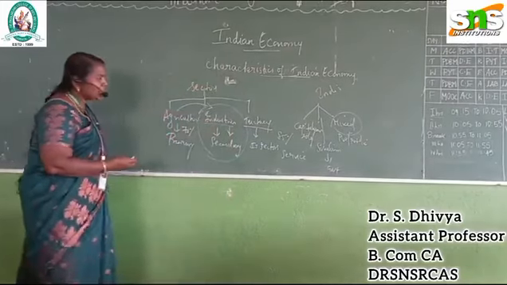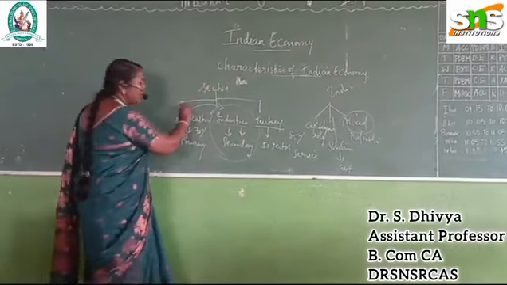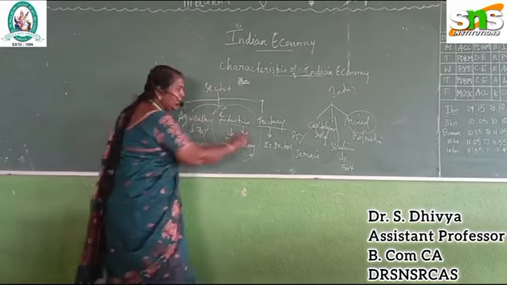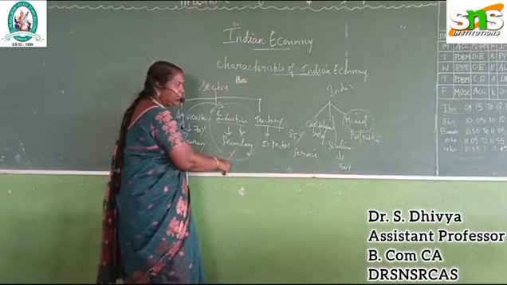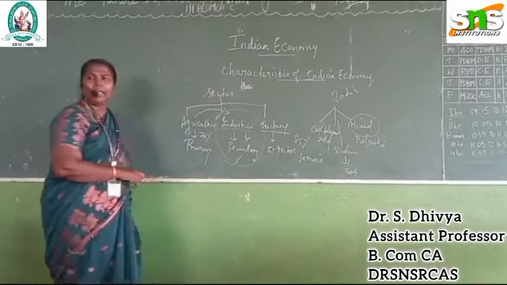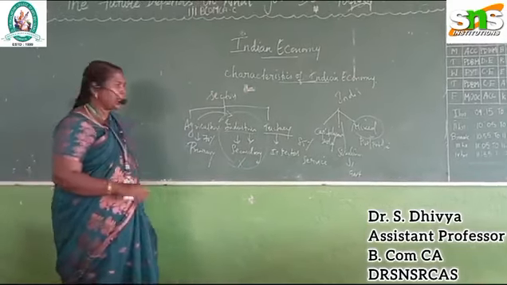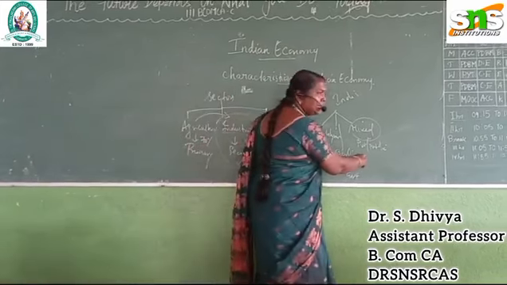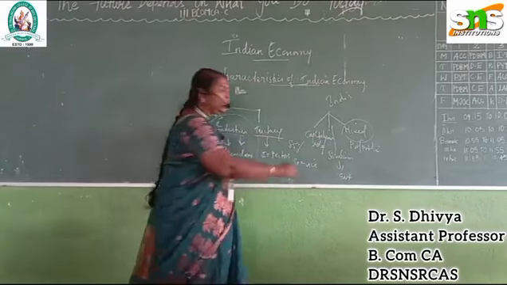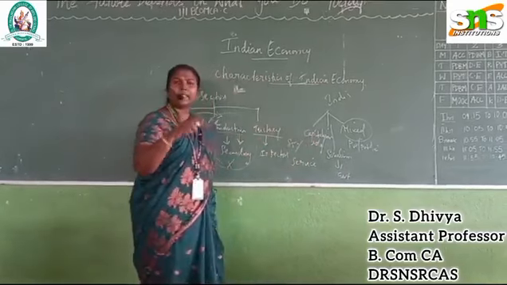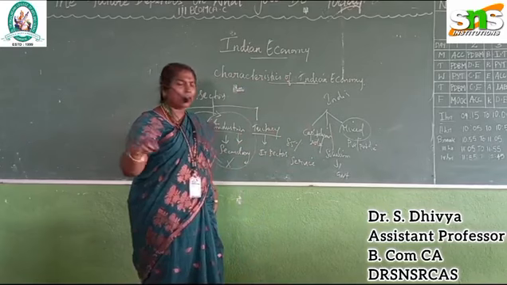So in this picture we can easily know that we are still in agriculture, and we have only the service sector. We are very low in the industrial sector. So this is one reason for the underdeveloped or developing category. And as India is a mixed economy, it covers both public and private. See, in the developed countries like USA or China or Germany or Russia, they are